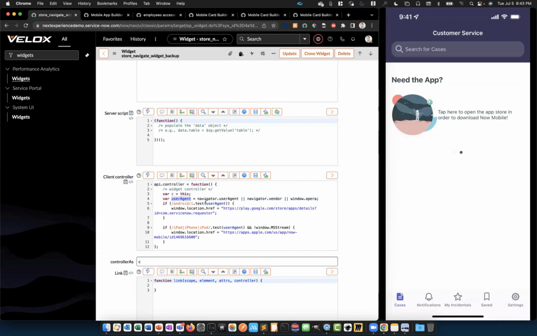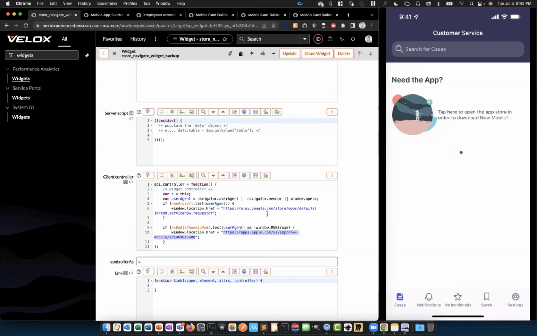So we'll grab that agent and put it in a variable, and then we'll use a simple regular expression to test if we see Android in that string, or if we see iPad, iPhone, or iPod in that string. And these URLs that are here are the URLs to the specific app stores,